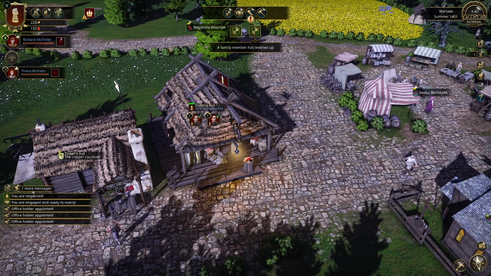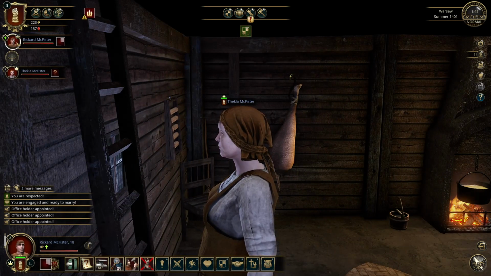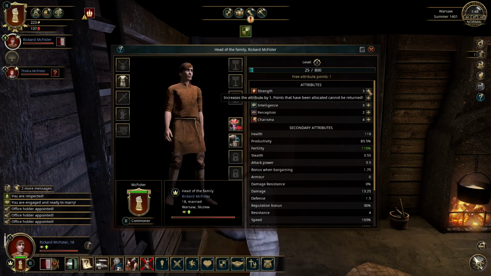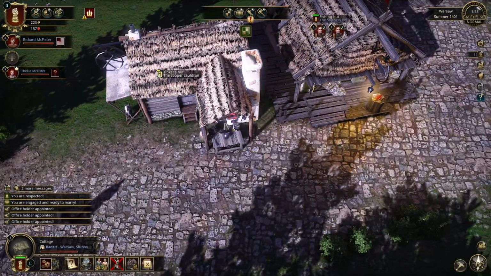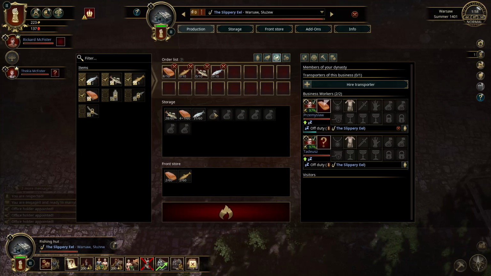Family member has leveled up. We are expecting a baby. Awesome. I'm busy. Okay, so we're gonna go with strength. Great. All right. So now what we're gonna do is we're going to come here to our fish people,